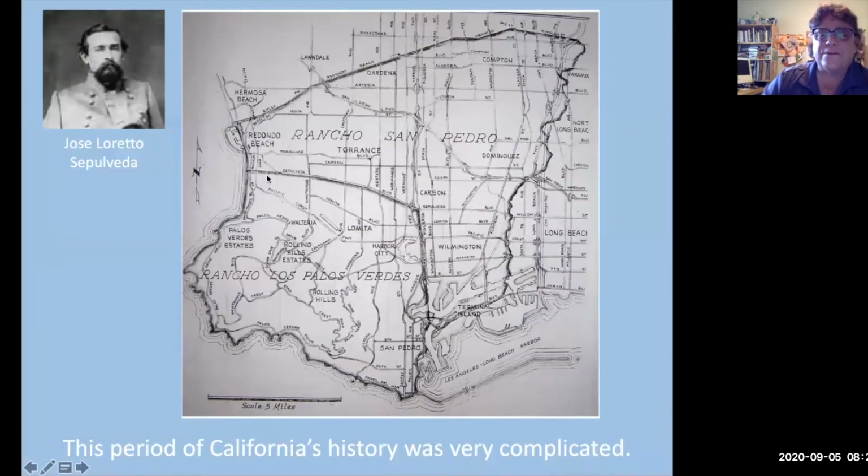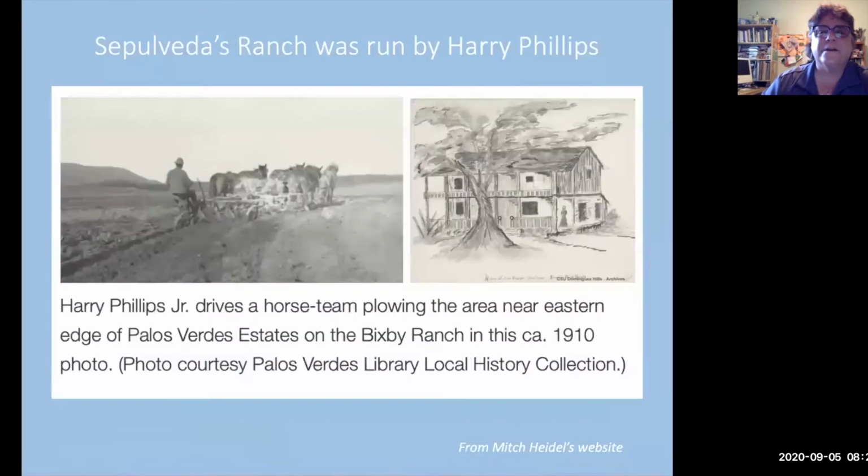So Rancho Palos Verdes is here. This is Sepulveda. This is Figueroa. When you're standing in the parking lot looking across the street, you're looking at Rancho San Pedro. Now remember, this whole area is Sawangna Village, so it's related in that way, and it's interesting that it's right there on the edge. Sepulveda was involved in a lot of politics and land management, and he spent a lot of time in Northern California. He wasn't on the rancho very much.